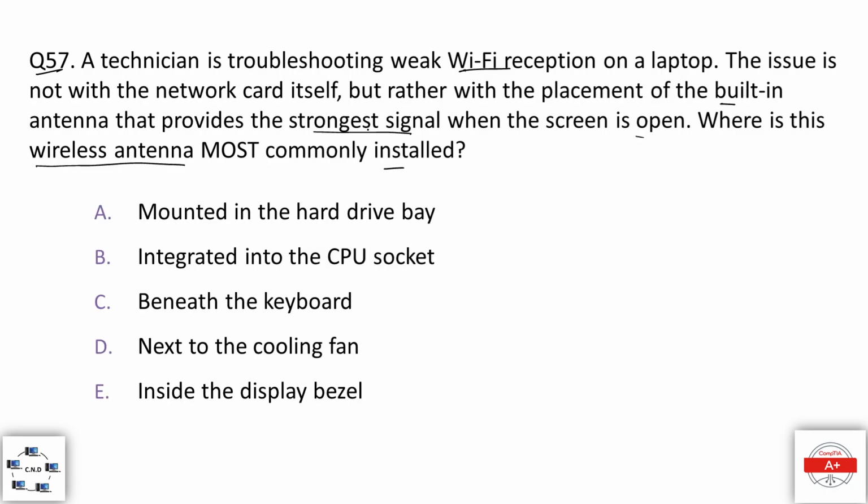And the options are option A, mounted in the hard drive bay, option B, integrated into the CPU socket, option C, beneath the keyboard, option D, next to the cooling fan, and option E, inside the display bezel. And the correct option is